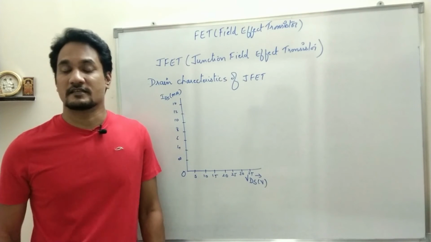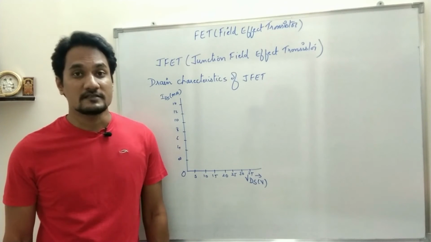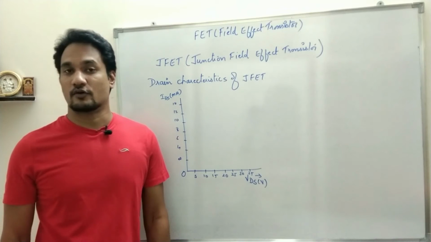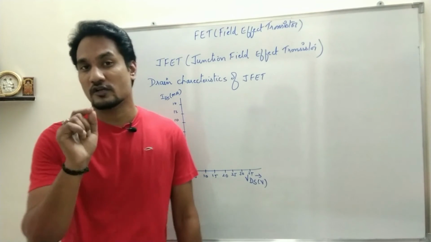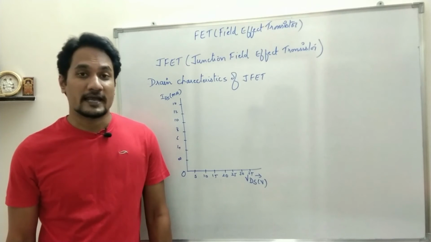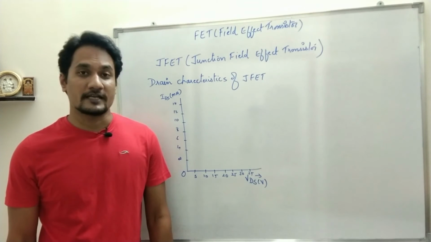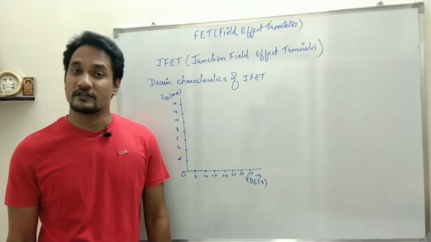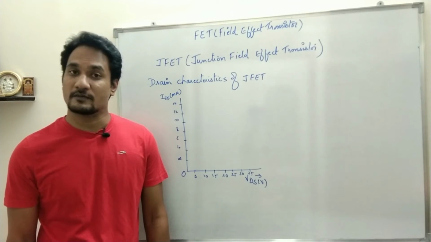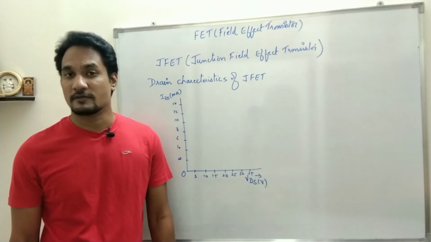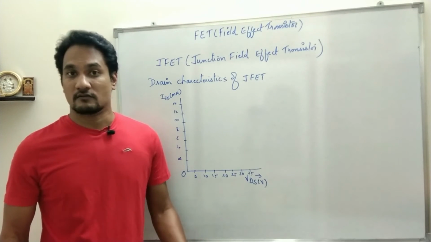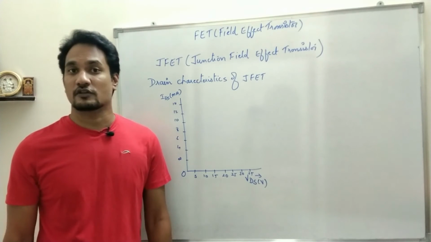Now in the previous section I explained what happens when there is no external potential applied. External potential means reverse bias potential. So what will happen if no reverse bias potential is applied between gate and source? Of course, the two PN junctions will not be externally supplied; that reverse bias will not be there for the two PN junctions.